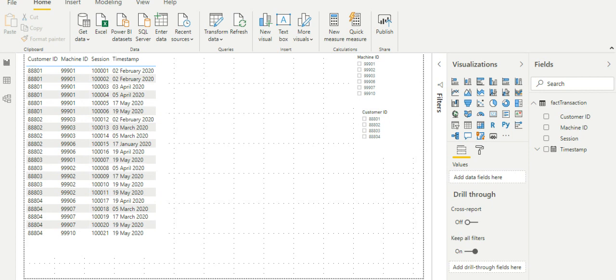Let's go ahead. For understanding purpose, I've taken a data set which is going to have customer ID, machine ID, session, and timestamp. It's basically which customer uses which machine and what is the session associated and its timestamp. Now, our objective is to find the transactions performed by each customer on a particular machine.